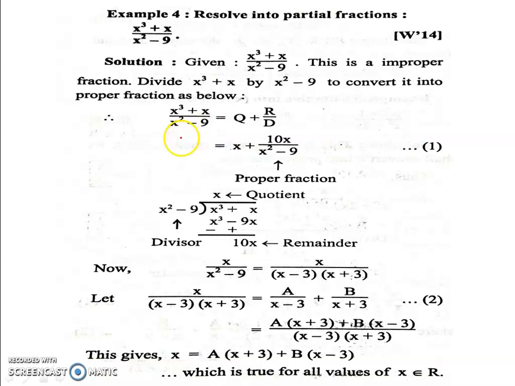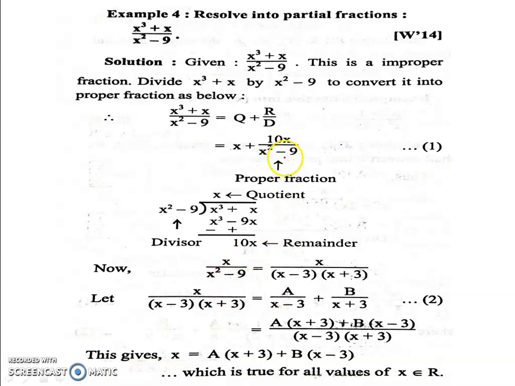So divide x cube plus x upon x square minus 9. So x cube plus x remains, x square into x gives x cube. So minus is there, but minus 9 into x gives minus 9x. We have to change the division rule sign. x cube gets cancelled, minus becomes plus. 9x plus x gives 10x. But 10x and here is x square. So again division is not possible. So the remainder is 10x, quotient is x, divisor is x square minus 9. So I write q is x, r is 10x and divisor is x square minus 9.